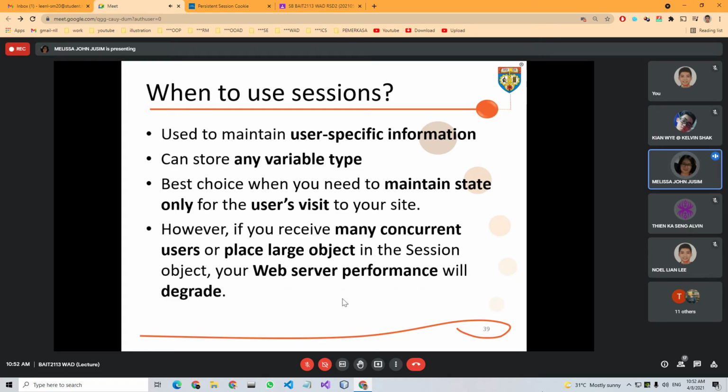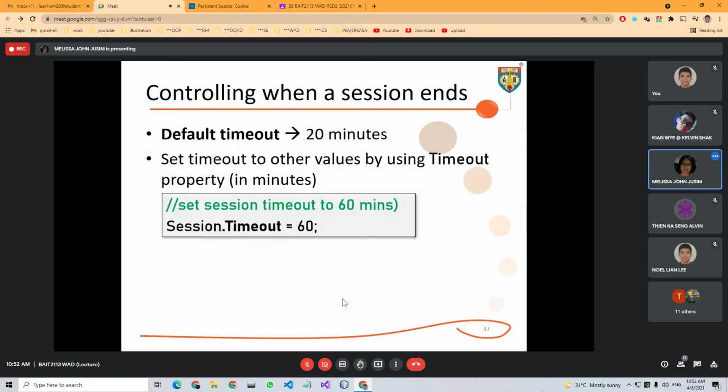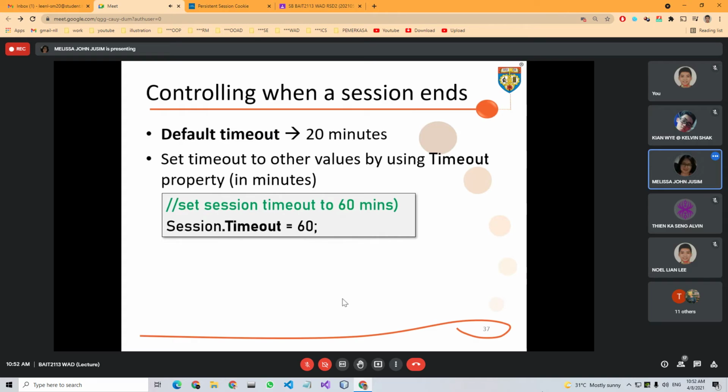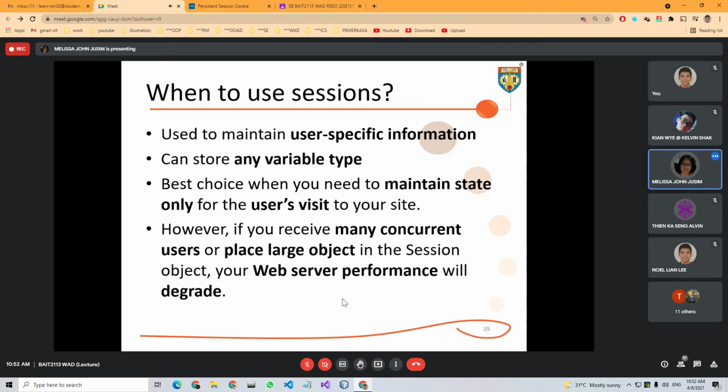If you receive many concurrent users, or perhaps you place a very large object, like over here you can pass a list, say you have thousands of names in the list, then your web server performance will degrade. Just something for you to consider.